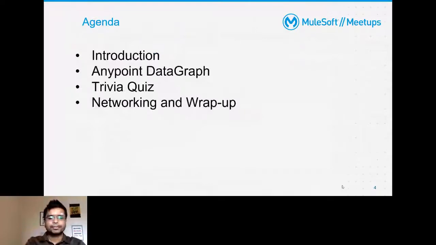Okay. So, guys, good morning and welcome to the Noida MuleSoft Meetup. The agenda for today's meetup: we have already had an introduction. Then we will discuss Anypoint DataGraph and some use cases where we can use it. Then we will see the restrictions and limitations of Anypoint DataGraph. Then we will also see how we can overcome a few of those limitations